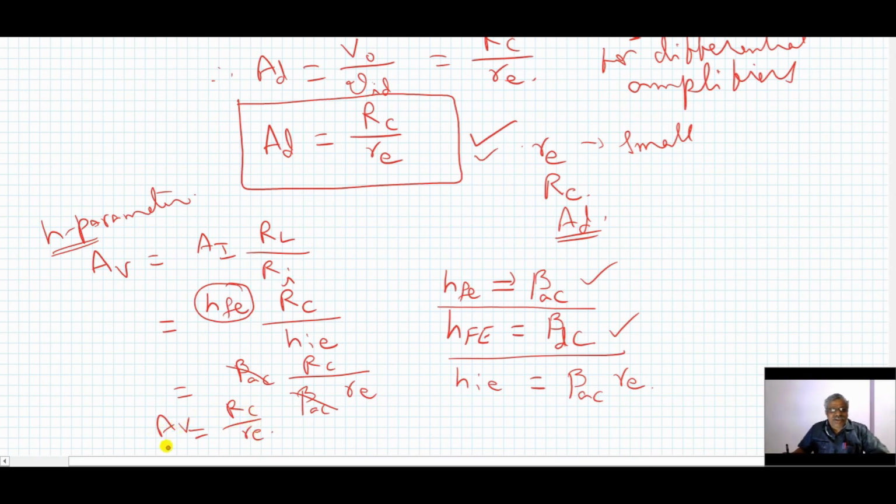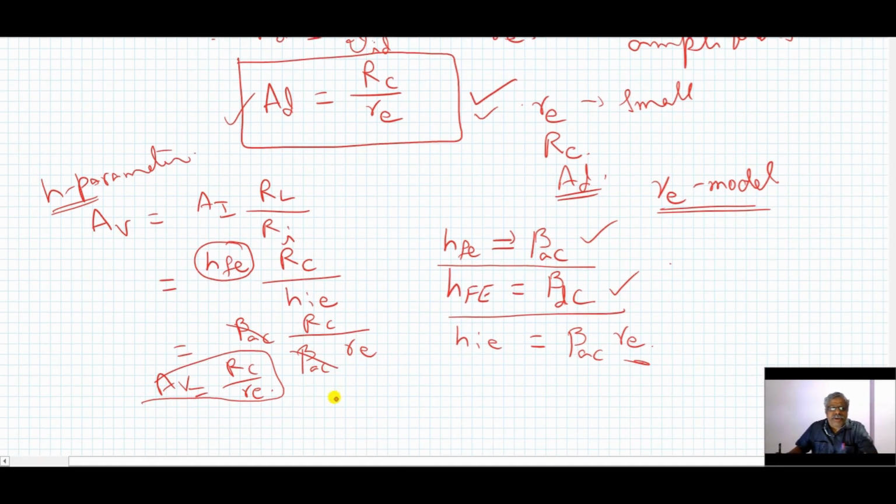So what is the gain I get? This one. What is the gain expression I got earlier? This one. Are they the same or not? They are the same. So even though you use the H parameter model to find this voltage gain expression and then replace it in terms of RE, you will get the same expression. But every author uses this RE model, which is why I also used the RE model here. The RE model is simpler and easier to apply on any BJT circuits.